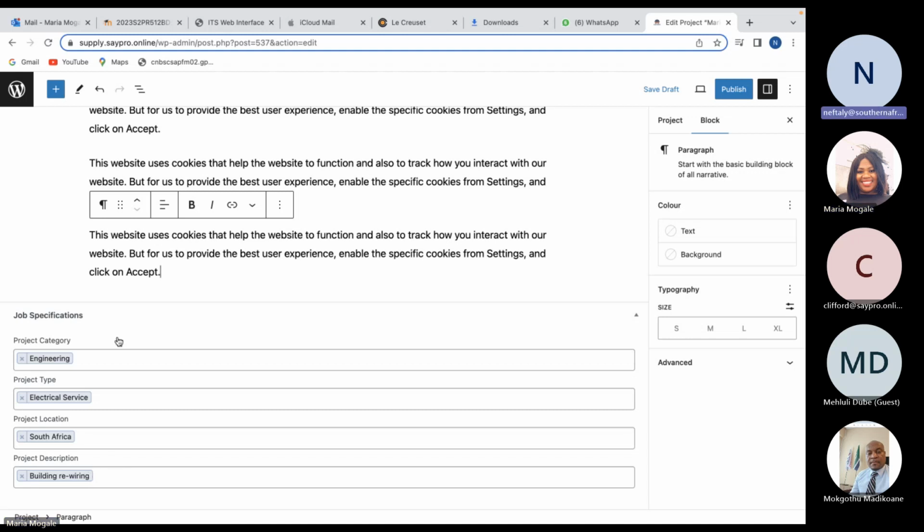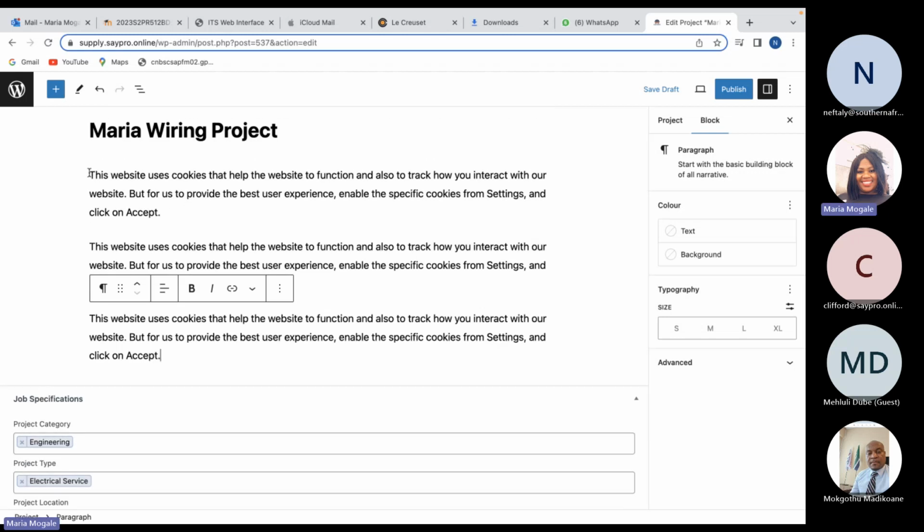I'm making a note. Okay, so yeah, that means you can remove this field here, and because we're already able to put the project description here, just rename it. Where it says ad block, you can just say project description, and then we just put this here. Okay, so now I can publish. Yes, you can.